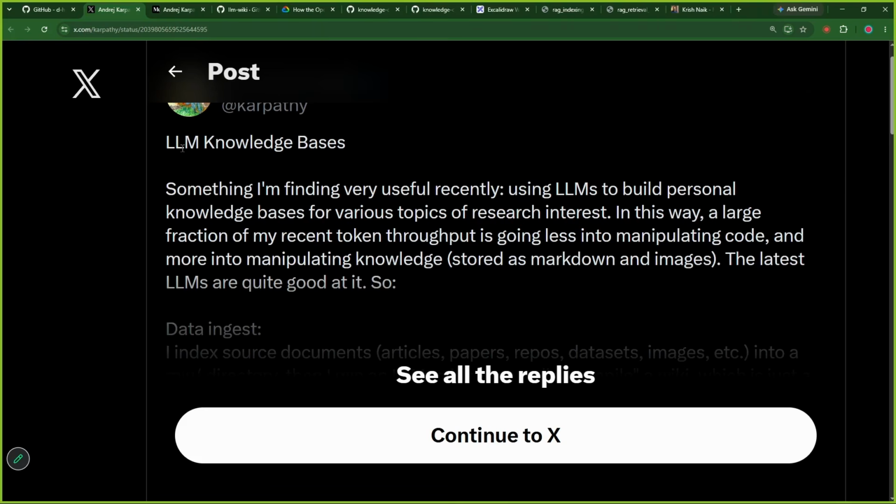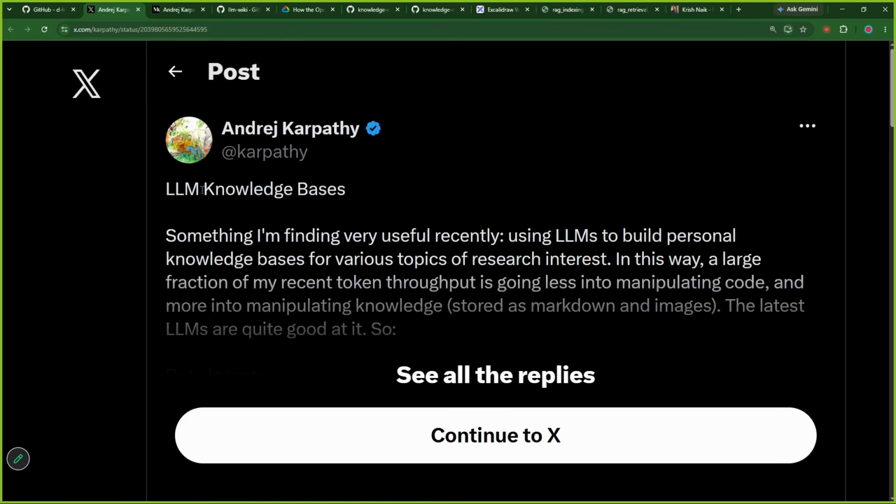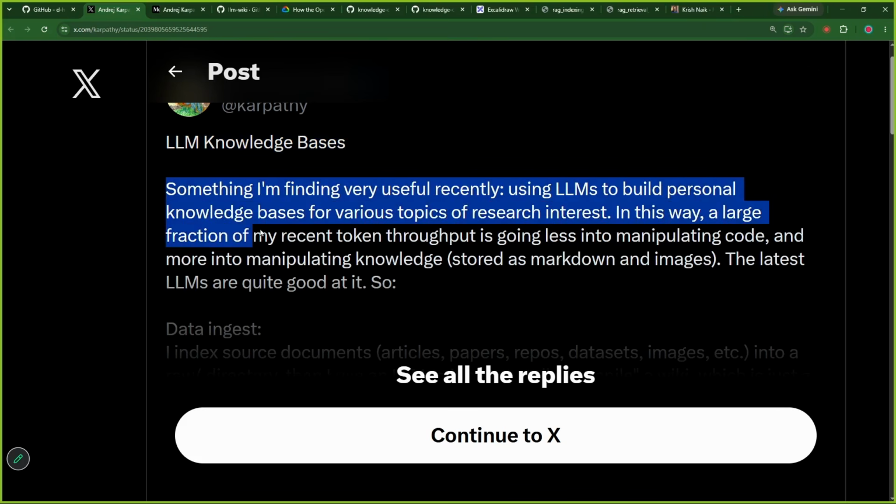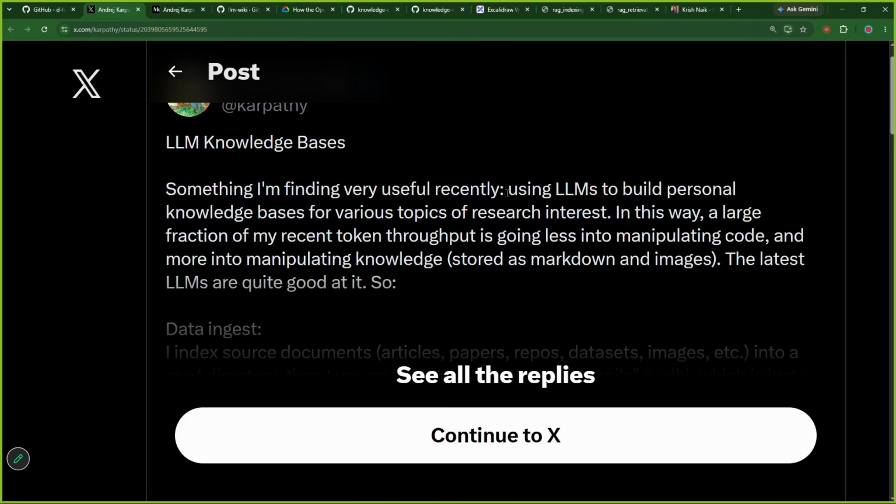Okay, so let us read this now. Let us read this. We are not going anywhere. LLM knowledge bases. Something I'm finding very useful recently: using LLMs to build personal knowledge bases for various topics of research interest. In this way, a large fraction of my recent token throughput is going less into manipulating code and more into